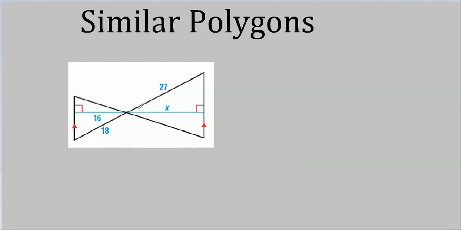For instance, this is 18 over 27, right? That's 2 over 3, 2/3. So the ratio of this to this is 3 to 2. Then this has to be 3 to 2. The mid-segment has to be 3 to 2. The medians, the perpendicular bisectors, all of them will be in the same ratios. And it'll be easy to prove that in the next section,